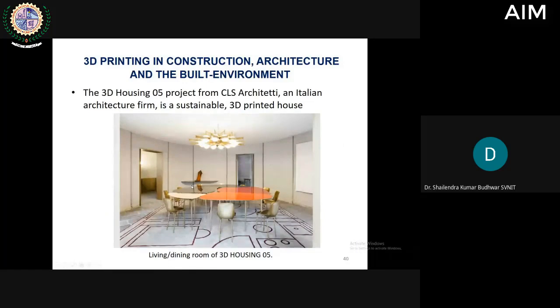3D printing in construction of architecture and the built environment. 3D housing. Nowadays in China, 3D houses are also being printed. One BHK can be printed within 24 hours. Low cost houses can be easily printed by using large size 3D printers. Now at IIT Madras also one printer was developed to fabricate this type of low cost housing,